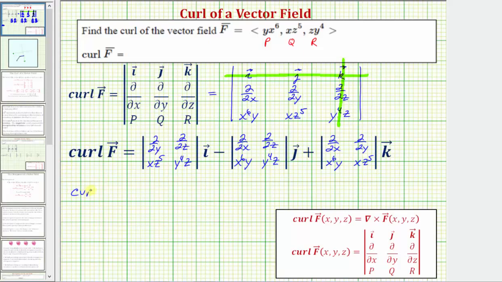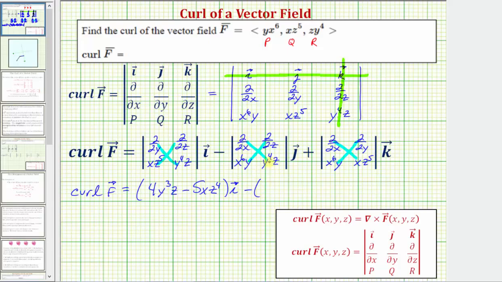And now we'll evaluate these 2 by 2 determinants. So the curl of vector field F is equal to, remember for each 2 by 2 determinant, we'll find this derivative and then subtract this derivative. So for this first 2 by 2 determinant, we'll have the partial derivative of y to the fourth z with respect to y, which should be 4y to the third z, minus the partial derivative of x z to the fifth with respect to z, that would be 5x z to the fourth, times the i vector, minus,